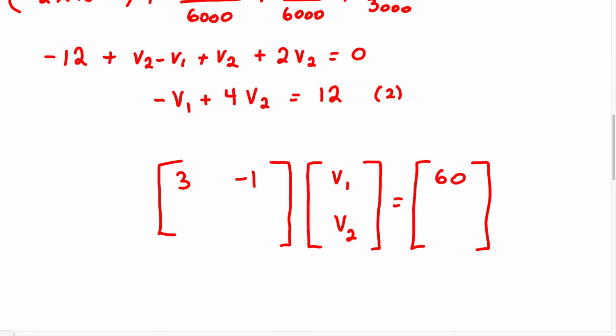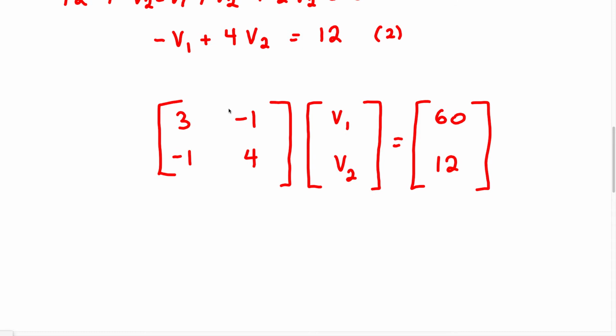Now for the second row, we're going to have -1, we're going to have +4, and that's going to equal 12. So we're going to take the inverse of matrix A and multiply it by B. So when you take the inverse of matrix A and you multiply it by matrix B, you're going to get